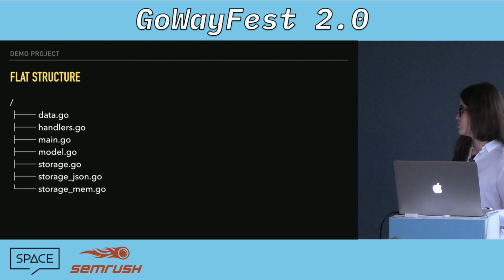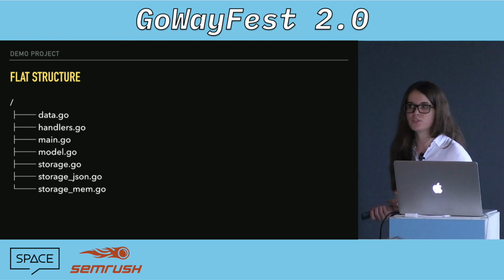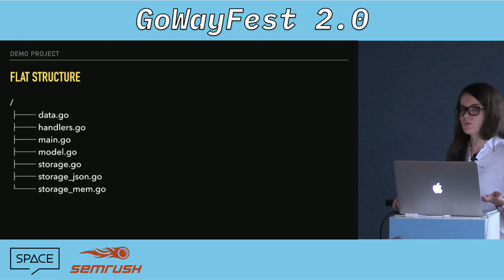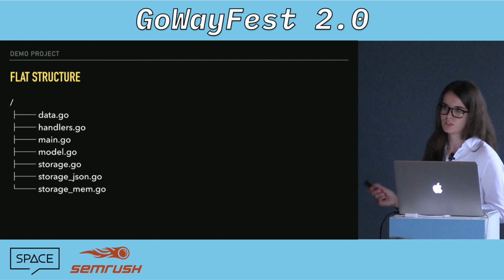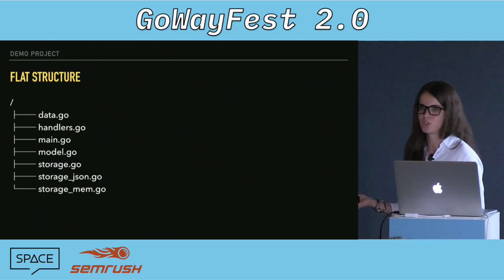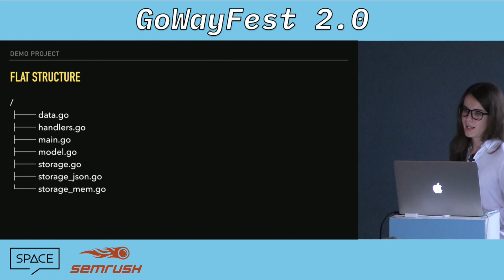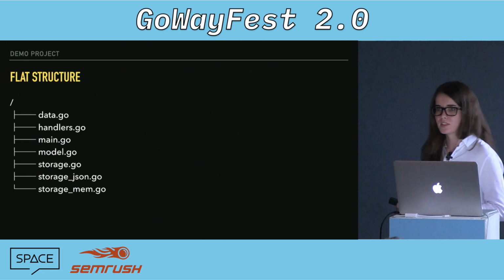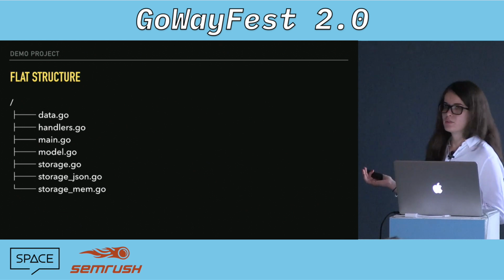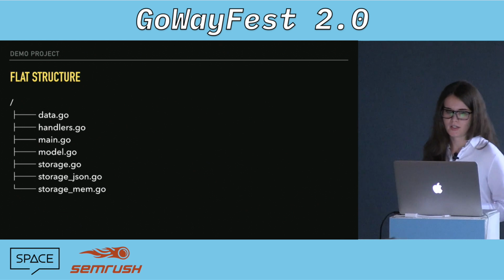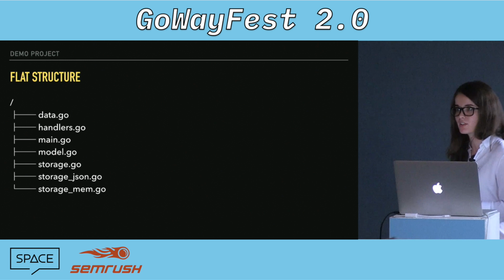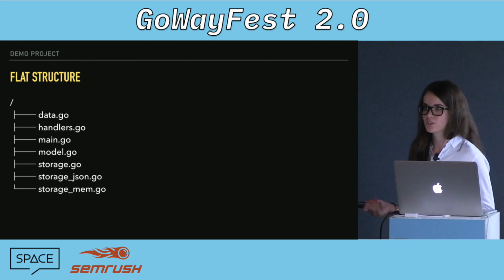So immediately, you can probably think that this structure is easy to navigate, especially if you don't have too many files. It's a good starting point when you don't know where to start with your project. I think the flat structure is what you should default to, to avoid analysis paralysis and trying to overcomplicate things before you even wrote a single line of code. Flat structure works really well for small apps and small libraries, I would say maybe 10, 20 business operations. And it goes well with the idiomatic approach. It keeps it simple. And one great benefit of the flat structure is that it removes any chance of circular dependencies because everything is in the main package, so you'll just never run into this problem.